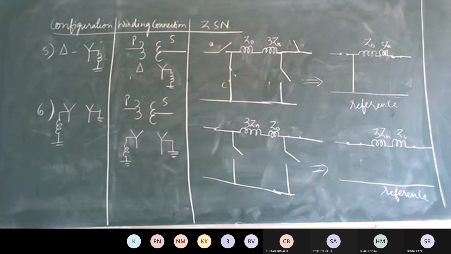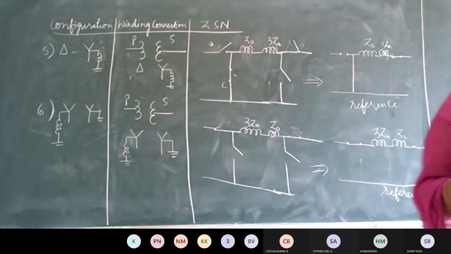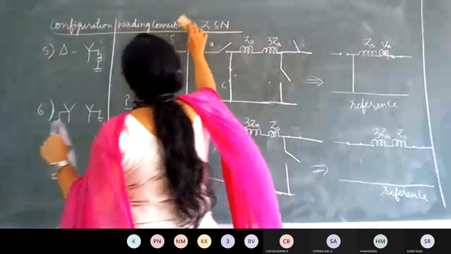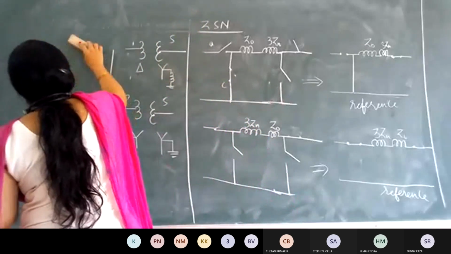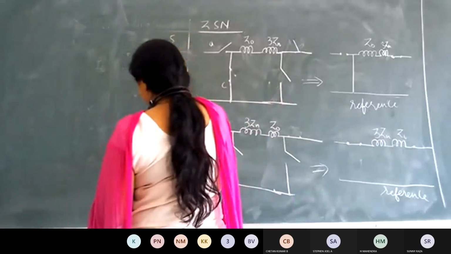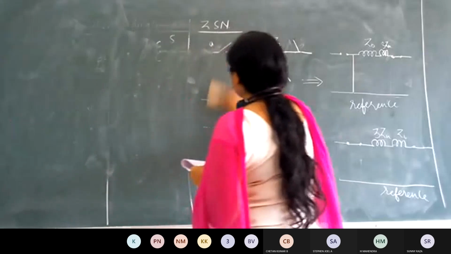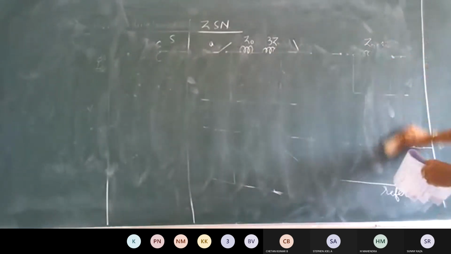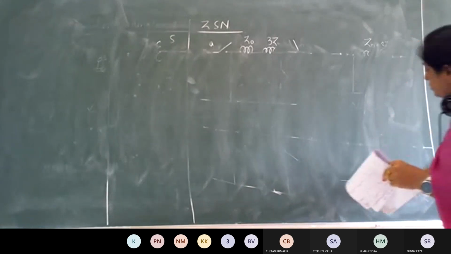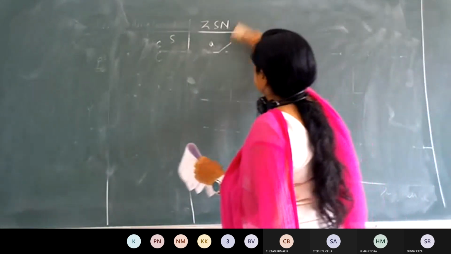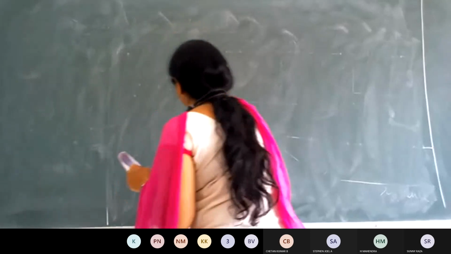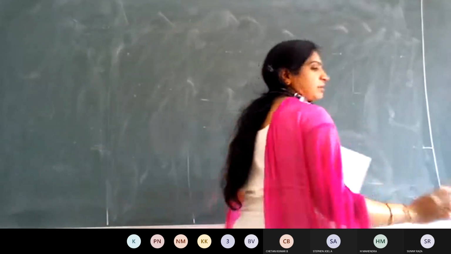So take down our question there. Note down: a 250 MVA, 11 kilovolts, 3-phase generator